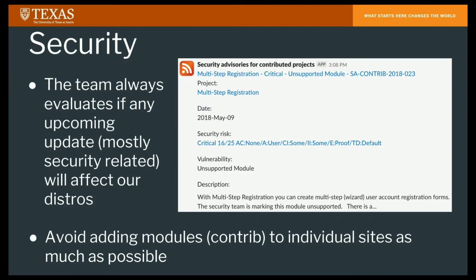Since we deal with customers, there are times in which a customer needs some very specific thing. As a personal example, we use Workbench moderation for many clients, but there's one specific client that needs email integration with Workbench moderation, and there's a contrib module for that, in which if you set some configuration, you can send emails automatically whenever something is moved from draft to publish, or from needs review to publish. And at first we added the module into their